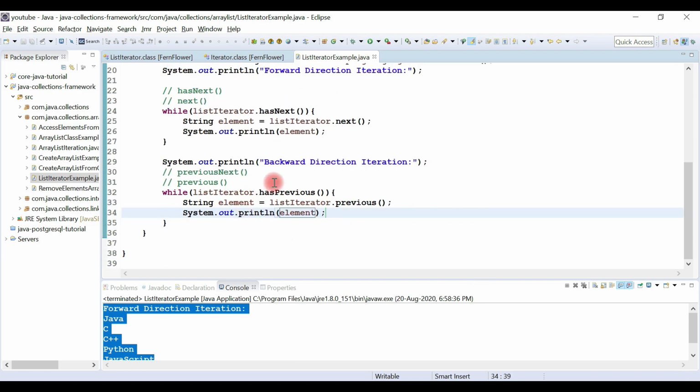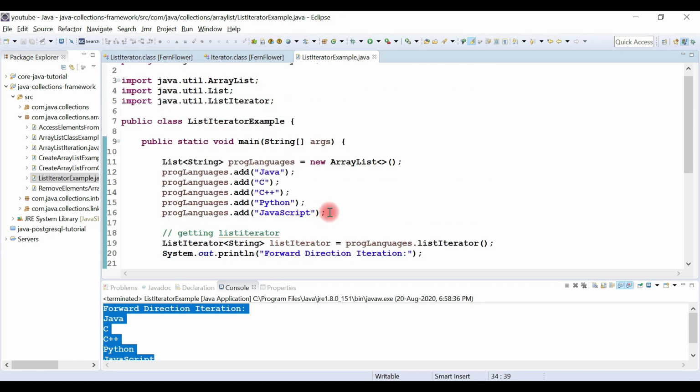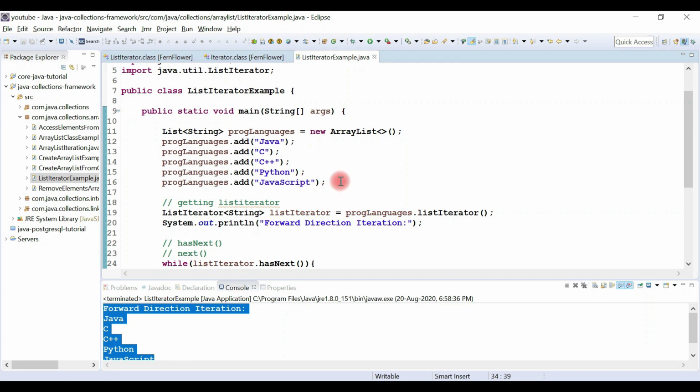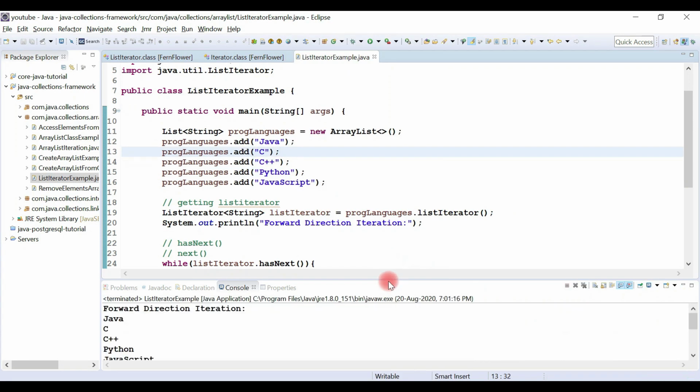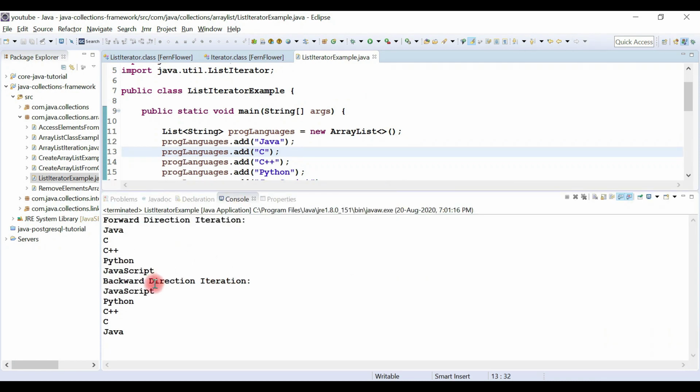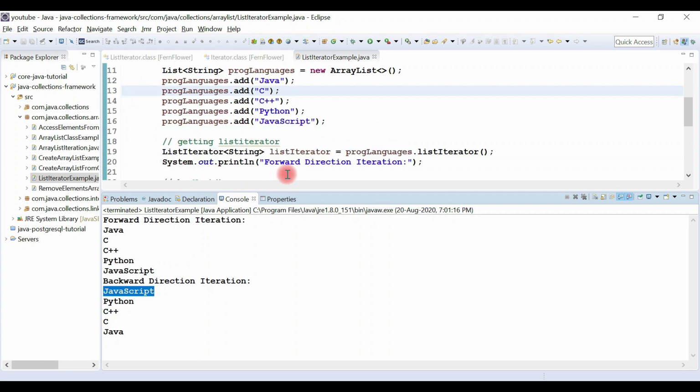In the case of backward direction, the elements should be iterated in reverse order: JavaScript, Python, C++, C and then Java. Let's run the program, and you will be able to see here. Alright, backward direction iteration: first JavaScript and then Python, C++, C and Java.